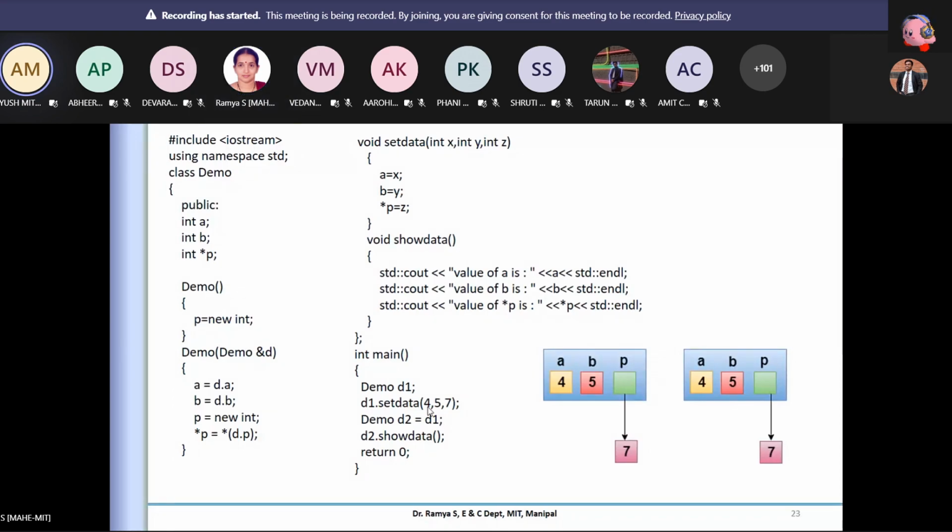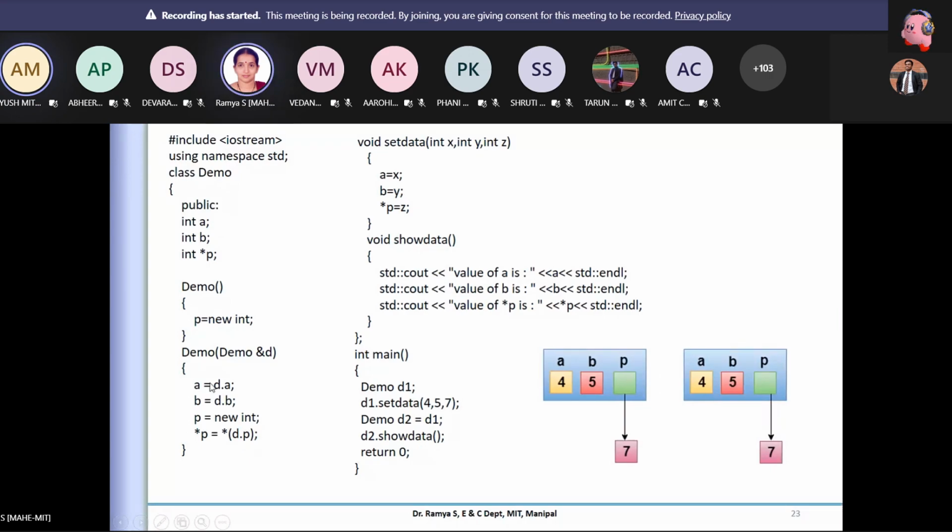Okay, ma'am, I understood. In the shallow case, when the default copy constructor is called, this is not done explicitly. What happens, especially for pointers, is that it is just the address, so it is pointing to the same address. So if I delete one object, the other's existence is also going to be removed. But that is not true when we do a separate allocation like this, because now it is a user-defined copy constructor.